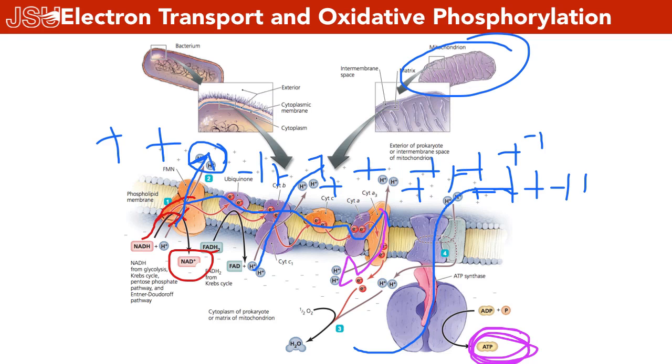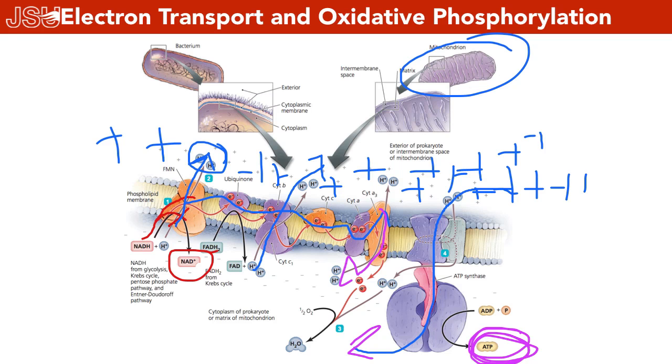Let's go back and talk about concentration gradients. What happens if we have two concentrations of equal amount? Do things move from each side? Well, if they do, it's going to balance out, right? So we've got to have a high concentration on one side and a low concentration on the other side, right? But if we're always moving protons through here, what's going to happen to the concentration of protons on this inner side part? It's going to start going what? It's going to start going up, exactly.